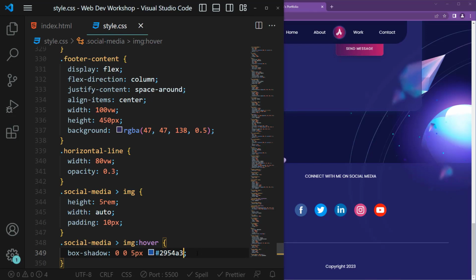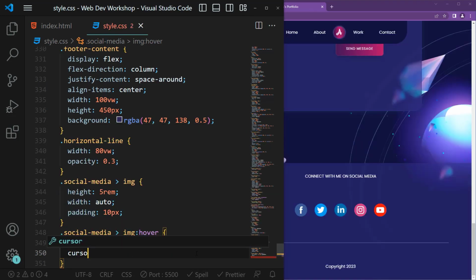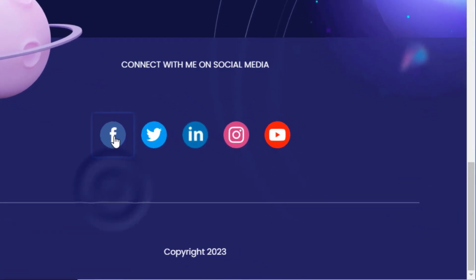Right, and we'll set the cursor to pointer, like this. And now if I hover over it, you can see that we're getting a nice box shadow around